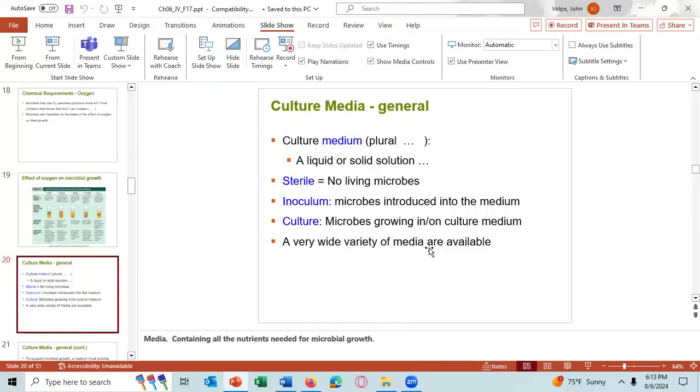Obviously, we're going to be doing this online, and so you just need to know that there are different types of culture media, and that when we supply them to you in the lab, it'll be sterile, and that is a tube or a plate that has no living microbes in it. That may not refer to